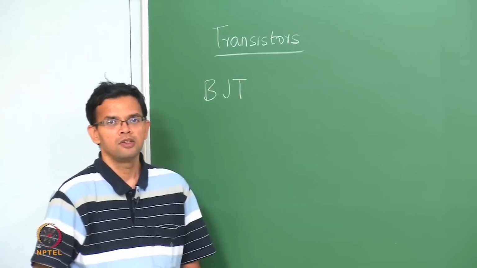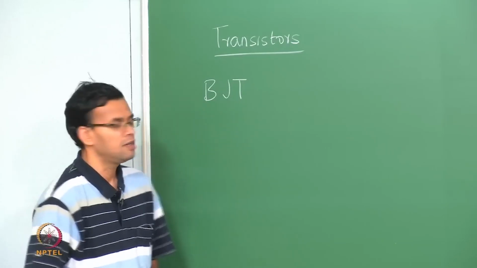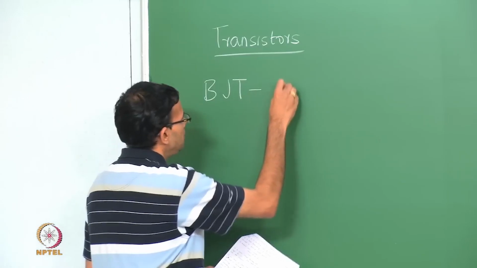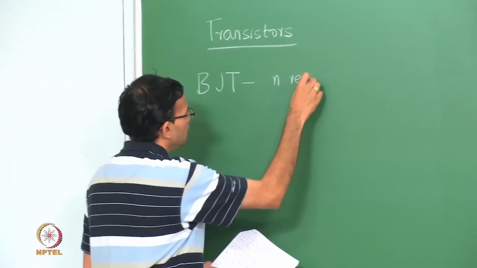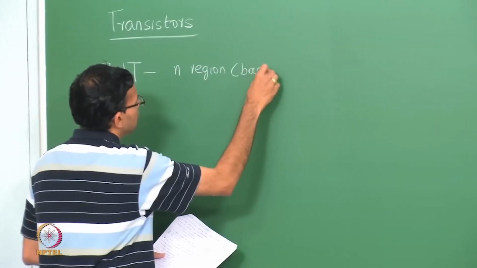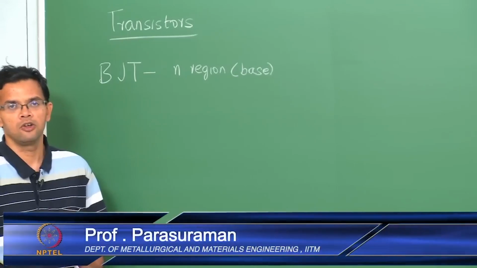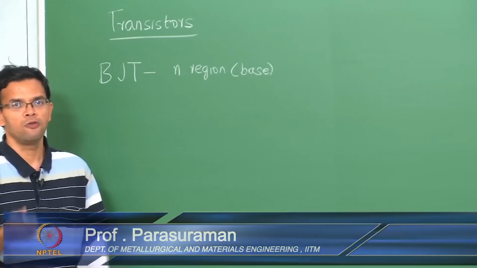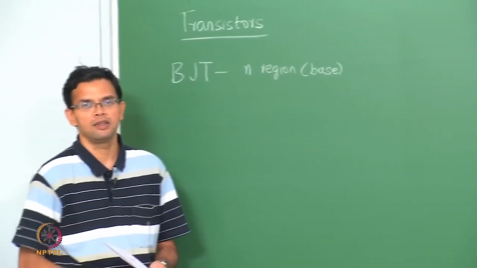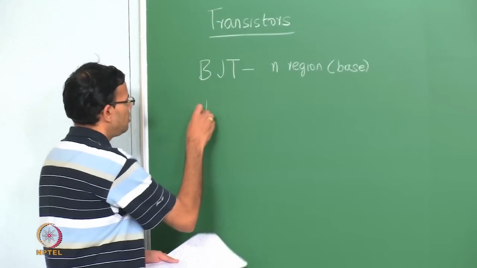BJT. So in the case of a PNP bipolar junction transistor, we had an N region which was your base, through which the minority carriers, which are your holes, go as they go from the emitter to the collector. After BJT, we looked at a junction field effect transistor,